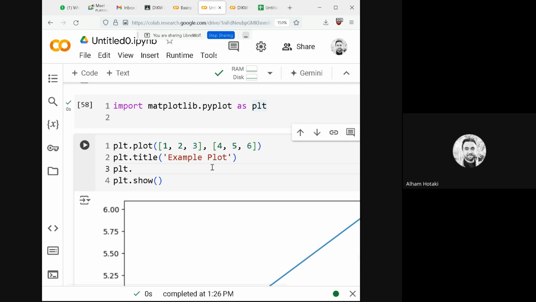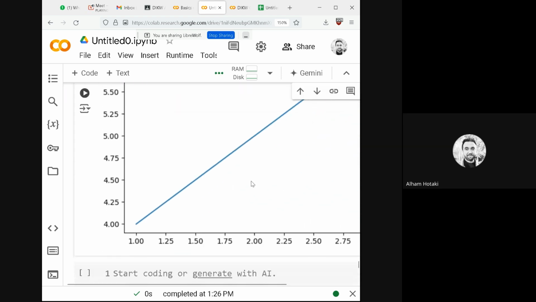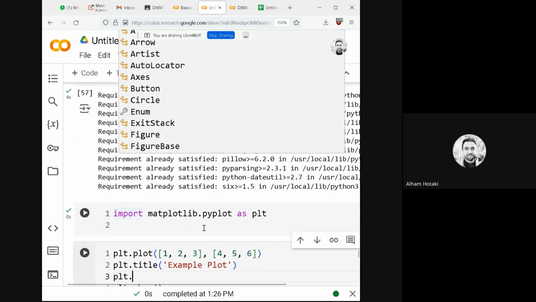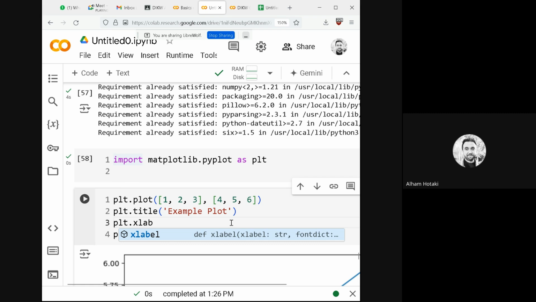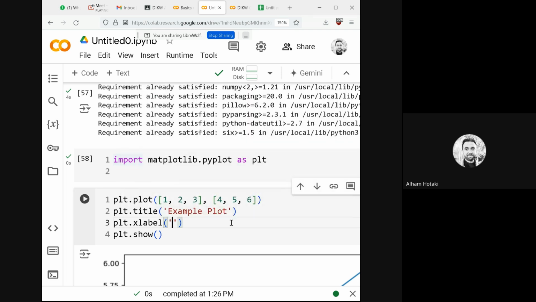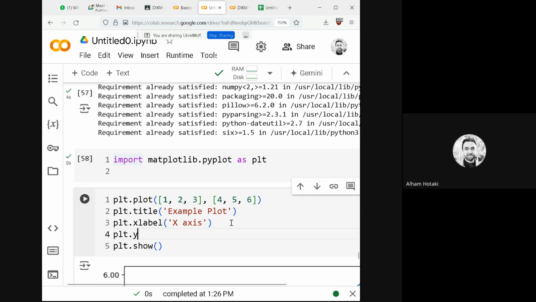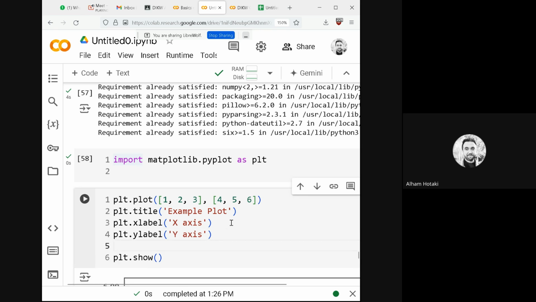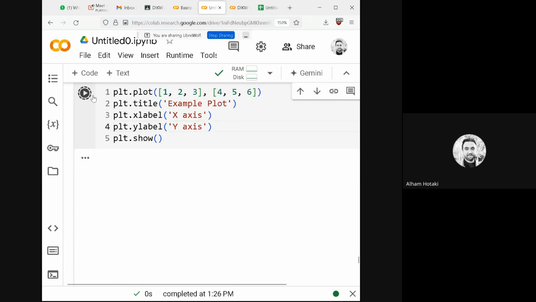From plt, I want to put an X label here, a name for this X label. It's called xlabel. What name do I want to put here? For example, I say that this is X axis. From plt, I want to put a Y label name. We have a data visualization course, so this is why we are exploring these ones. And if you just run it again,